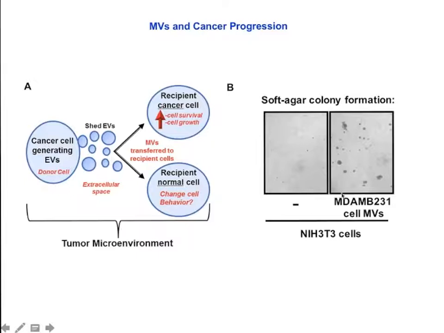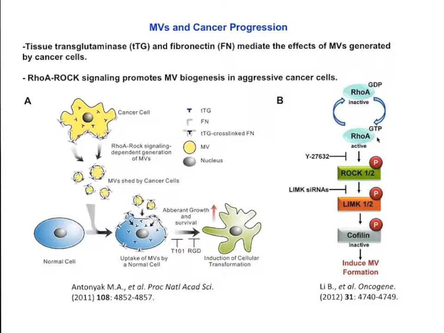So this was really surprising to us because it really starts to argue that these vesicles have this incredible capability of conferring onto normal cells the transformed properties of a cancer cell. And we have gone on then to identify at least some of the key players in these aggressive breast cancer cells that are responsible for mediating this effect. And it includes a cross-linking enzyme that is known as tissue transglutaminase, or tTG, and also the extracellular matrix protein